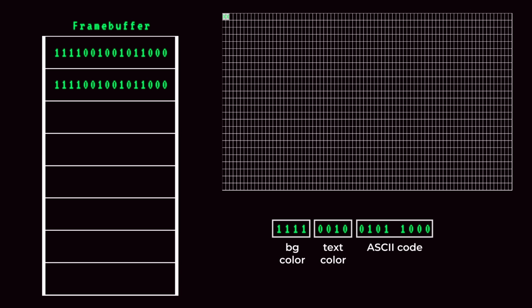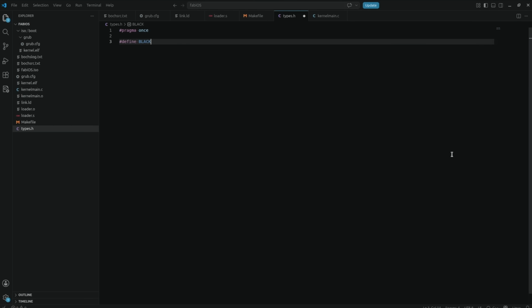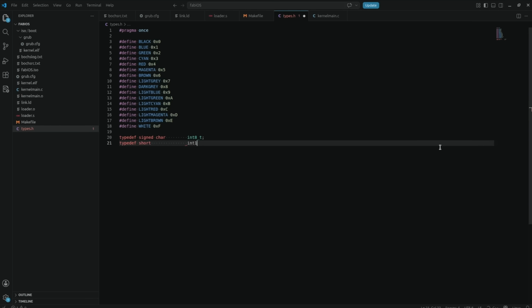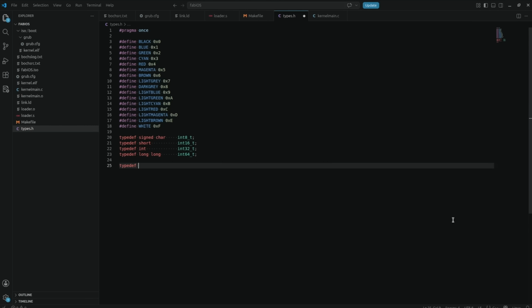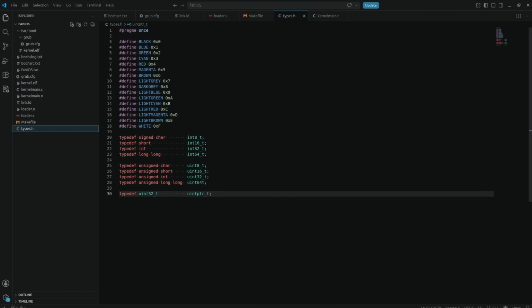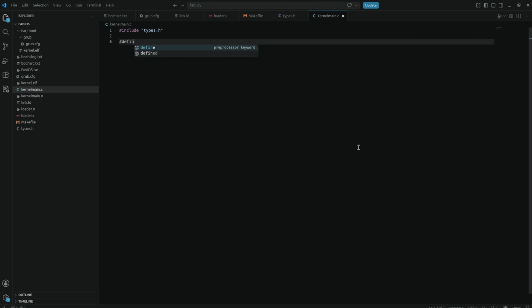And we will come back to that when we introduce scrolling. Okay, first let's create a file for types and add all the colors we can display. Additionally, let's add some typedefs which make it easier to see the bit length of variables. Next, we delete the test function and replace it with a function that writes entries to the